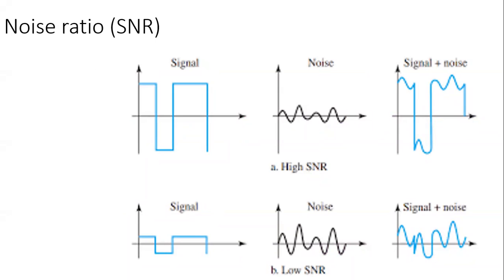Now here, signal to noise ratio is a very important factor whenever we talk about these signals and communication, because basically what we want is that the information that we receive should be noiseless, noise free, or have minimum noise. So if you use high SNR, what will happen? The amplitude, if you see, the signal is stronger than the noise, and the effect of noise can be extracted out. But if the signal to noise ratio is low, the signal and noise merge with each other and extraction of the signal becomes very difficult.